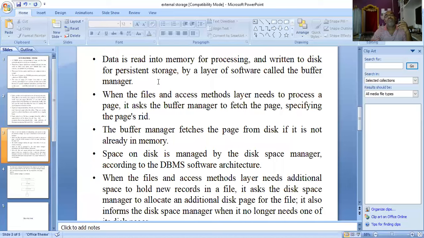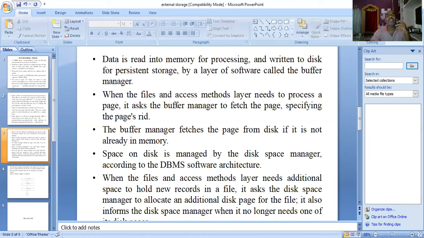Here, the buffer manager is used to access the data from the disk for processing, or if we want to store the data persistently in the secondary storage, the buffer manager is used. That means the buffer manager is an intermediate layer for retrieving or storing the data in disks.